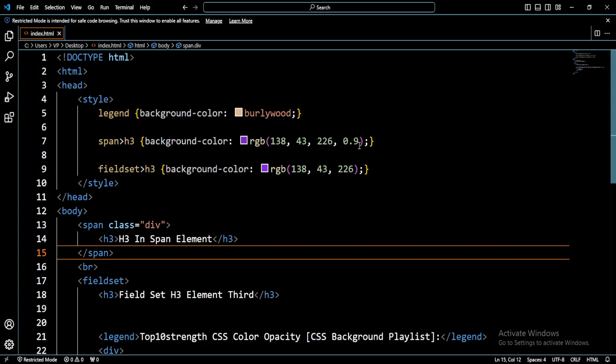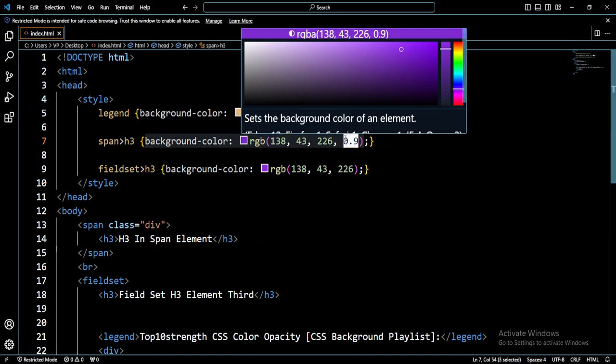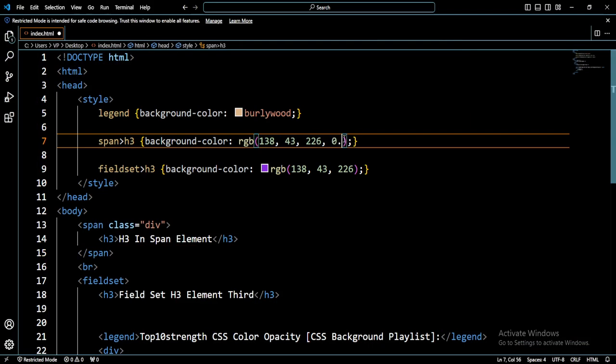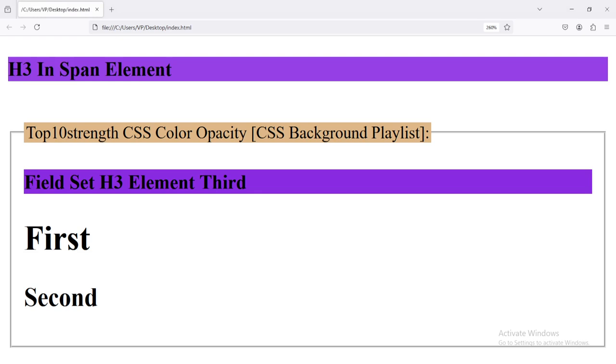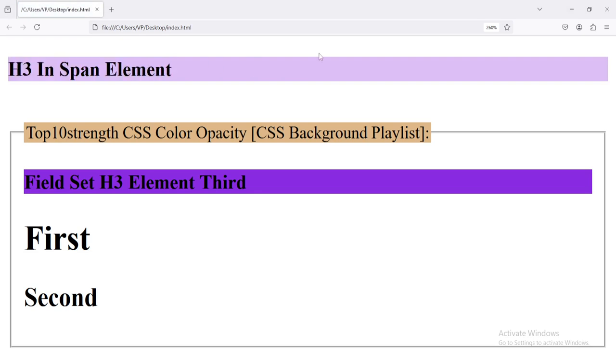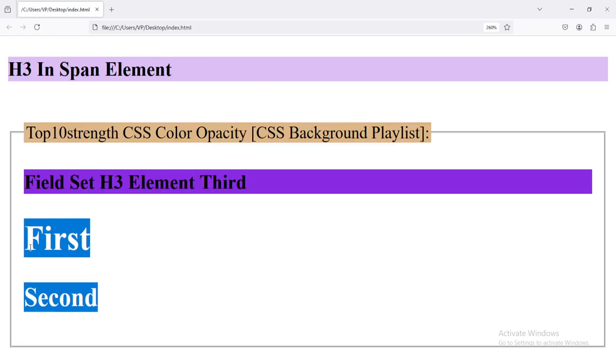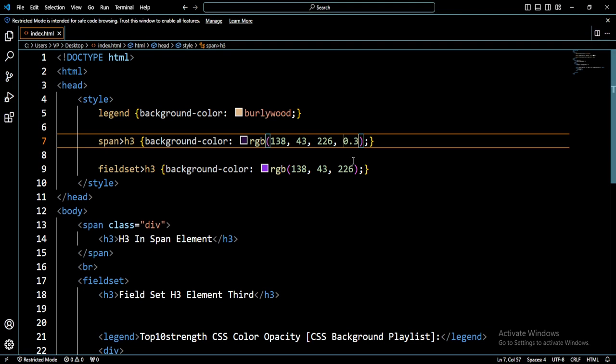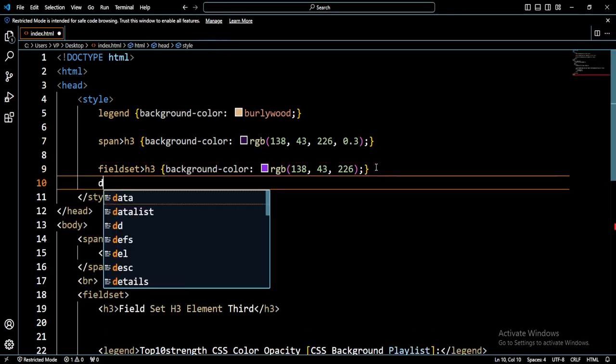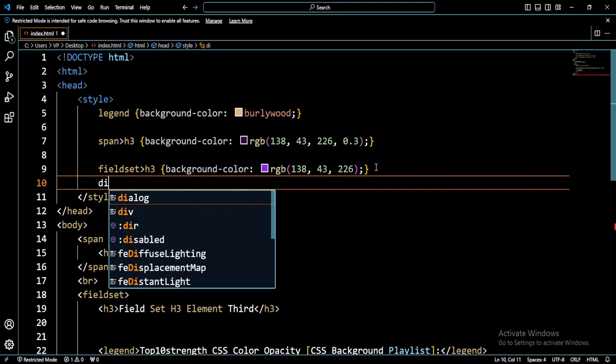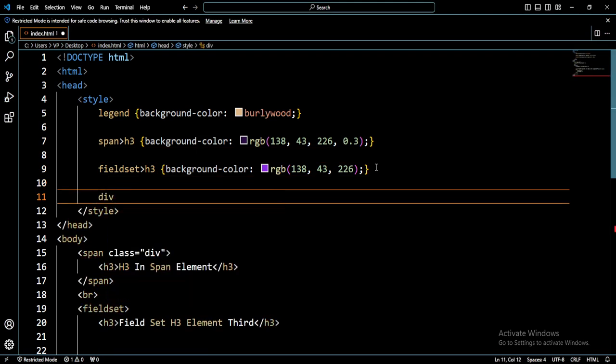Let's use it again. Let's control the color inside our listing. Let's change this opacity to 0.3, so you can see the benefit of using the color opacity. As you can see, we have color opacity and we have element opacity. The element opacity, we can use it to control this first element here and the second element here, because these two elements are inside the div element. We can just specify our div element and give it